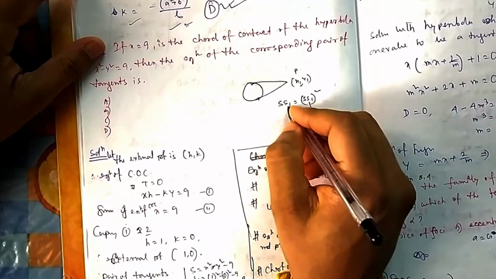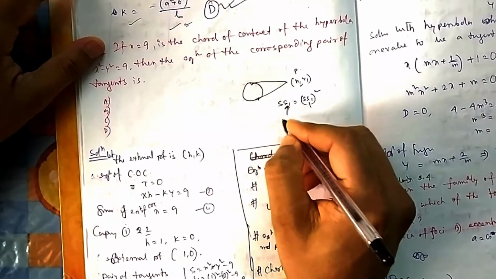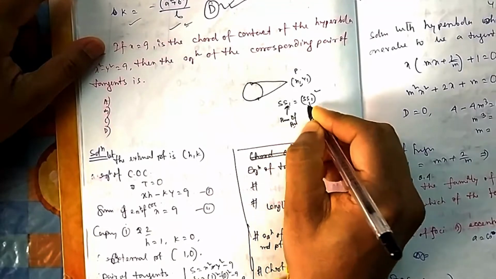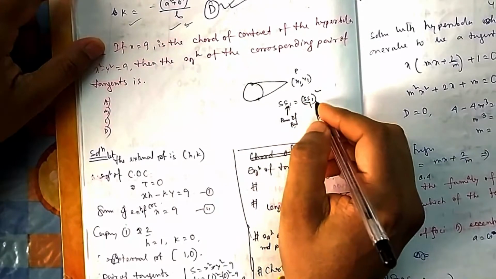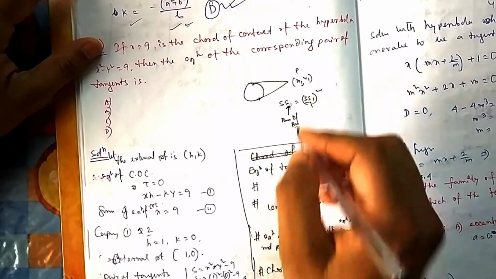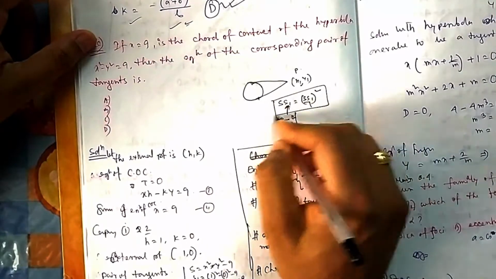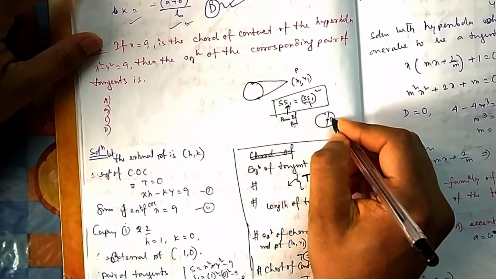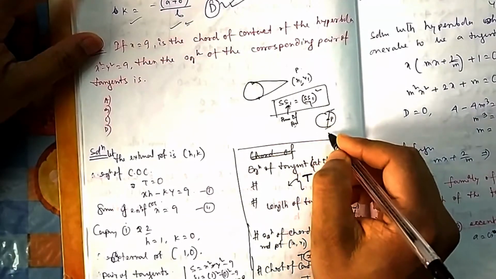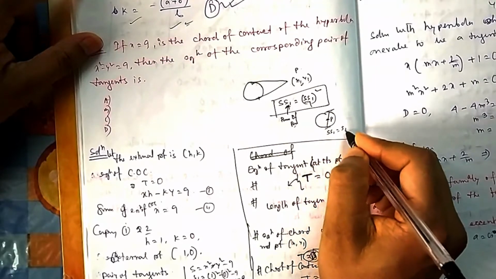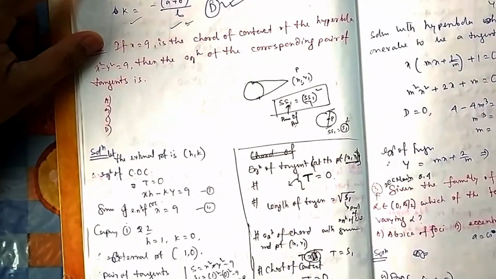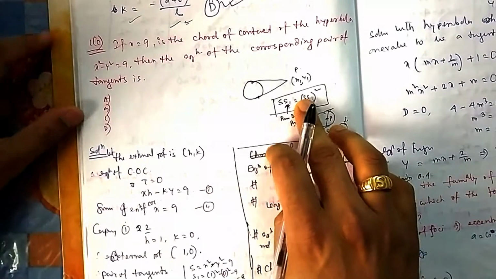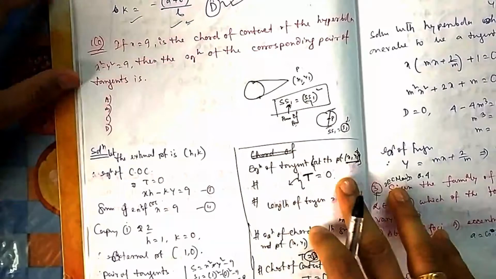But you have to remember this S1 is the power of the point. And this T was how we write it in the format xx1, that format. So you remember these two. Similar type of one more was there. If the midpoint of a chord is given as P, then what was the equation of the chord? T is equal to S1. In that case, your S1 also was the power of the point. Here also S1 is the power of the point. So you can remember this one, or without doing that also we can solve it.